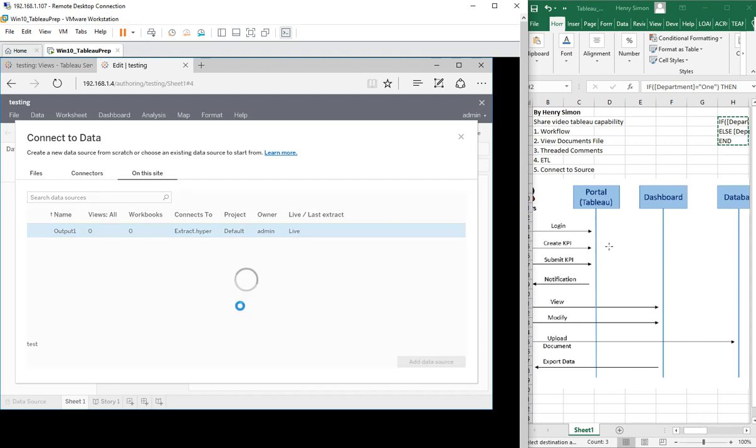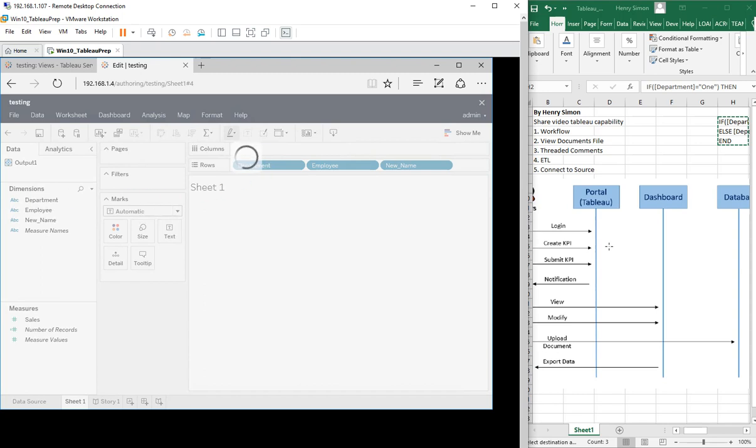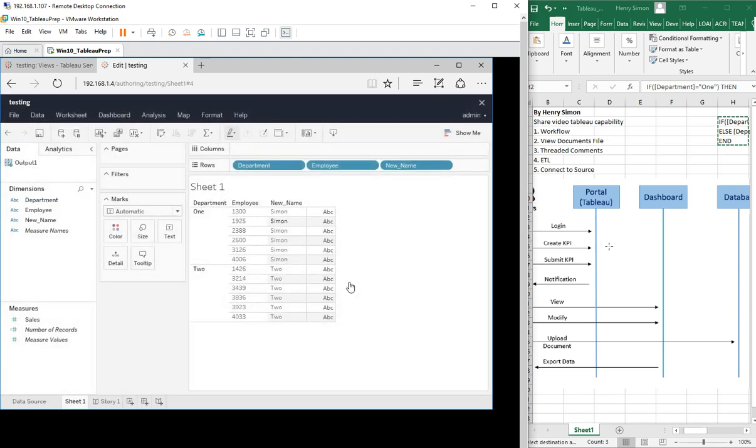So I add this data source, and then it immediately shows in here with the new name. Let's say I want to add all of this to the row. It takes a while. Okay, it shows, and then I can see the measures in here. It's immediately shown.